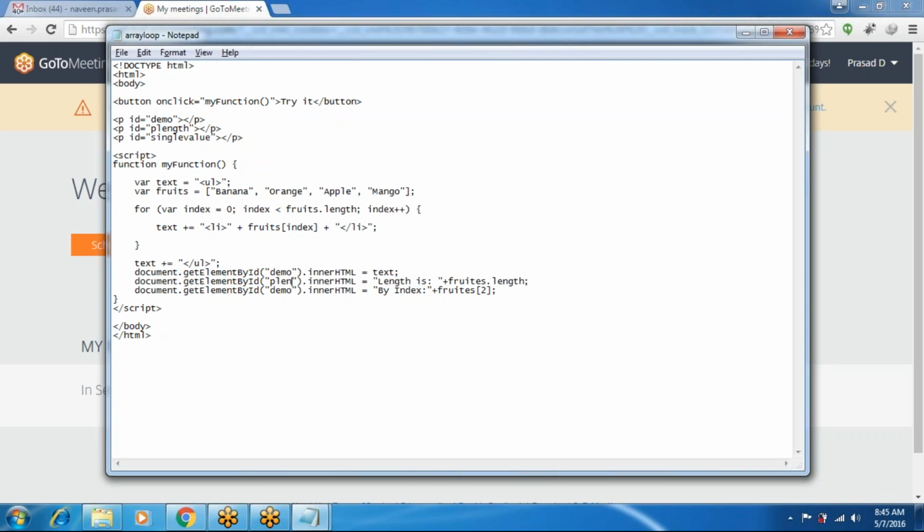Here p length paragraph id, and here the single value, another paragraph id.